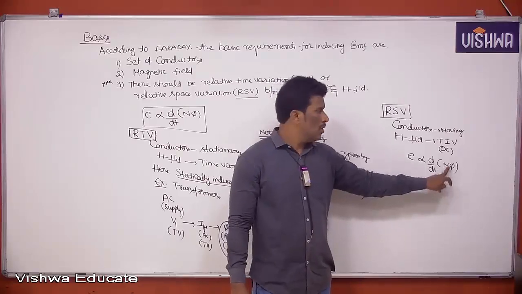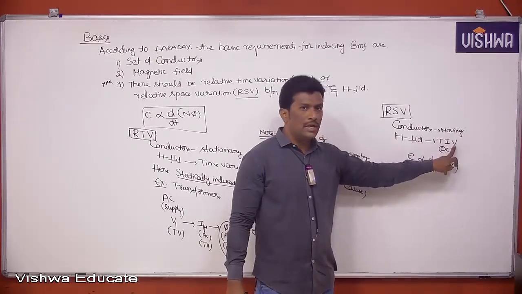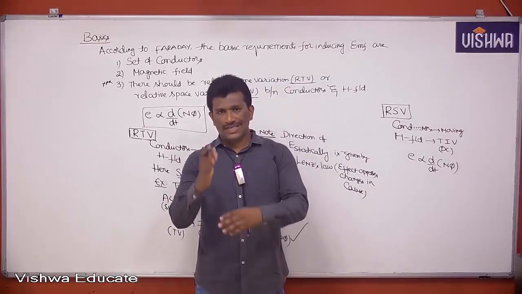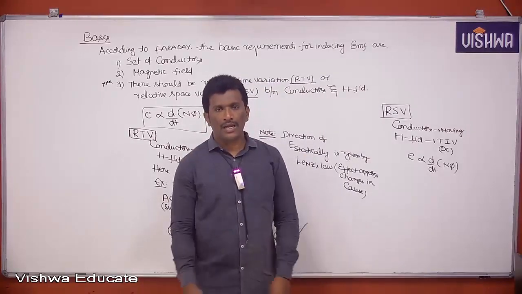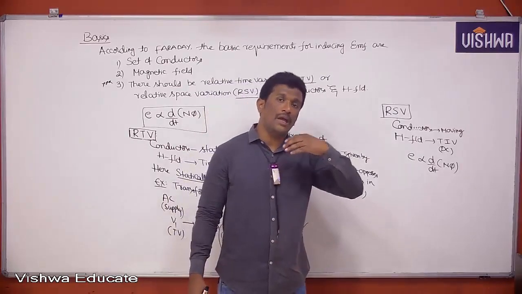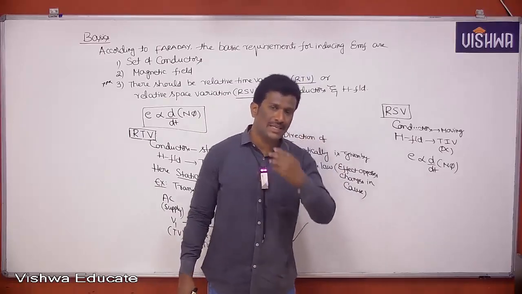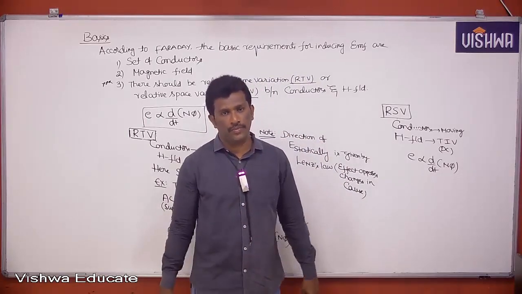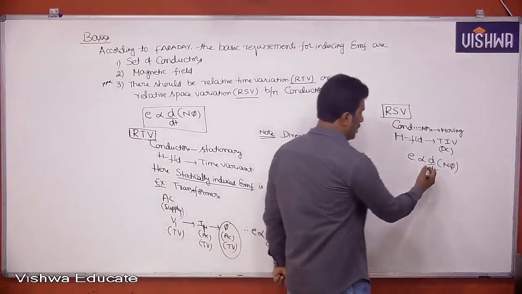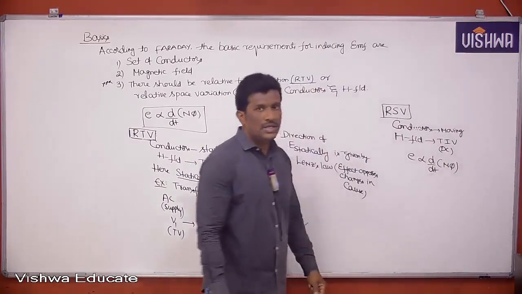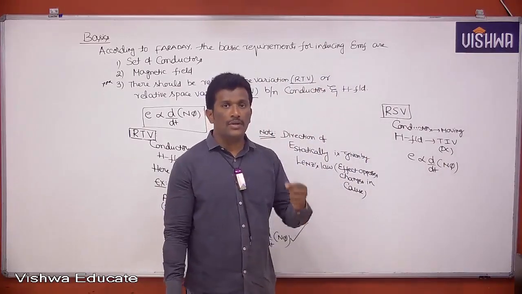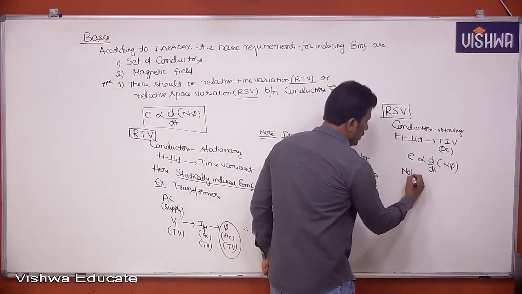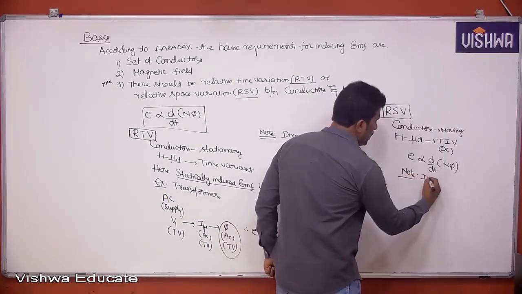How? Though magnetic field is time invariant, here conductors are moving. Because conductors are moving, though magnetic field is time invariant, though it is DC, rate of change of flux linkage will be possible. So that one I will write as EMF, rate of change of flux linkage will be possible. So dynamically induced EMF will be induced here. So we'll write here a note. In RSV, in relative space variation,